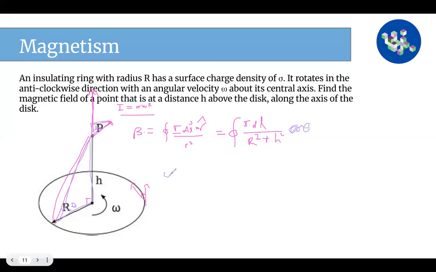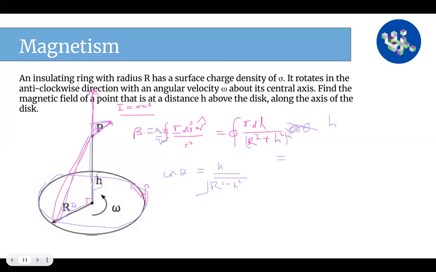Cosine of theta equals, okay, this is h. This is square root of r squared plus h squared. So cosine theta equals h over square root of r squared plus h squared. So this will just be h. And because we're adding another square root of r squared plus h squared, this will turn into r squared plus h squared to the 3/2 power. And once we do the entire path integral, we'll be getting times 2 pi r, right? Because we're integrating over this entire path. Oh yeah, and by the way, there's an extra scaling factor on the outside of the integral of mu